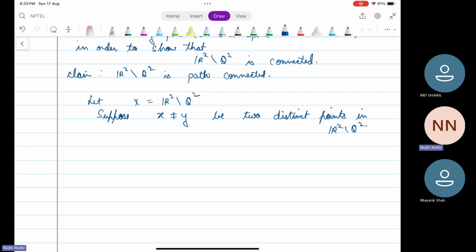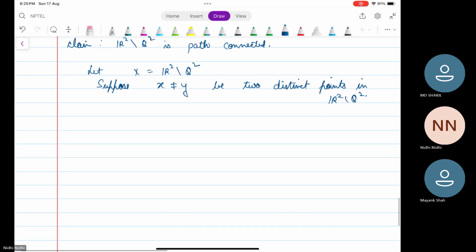Obviously, since they are two distinct points in R2 as well, we can find two distinct non-intersecting circles such that they have centers at x and y. That means let C1 and C2 be